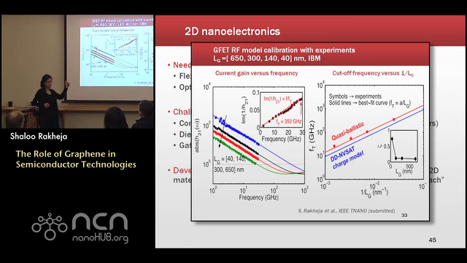In fact, I was talking with IBM and they did their measurements on the hole branch for this. And the hole branch for these devices has higher resistance than the electron branch. They didn't do their measurements on the electron branch, and it feels very strange to me because IBM always wants to publish the highest cutoff frequencies. I went back to them and said, my model shows that your electron branch should have had a higher cutoff frequency.